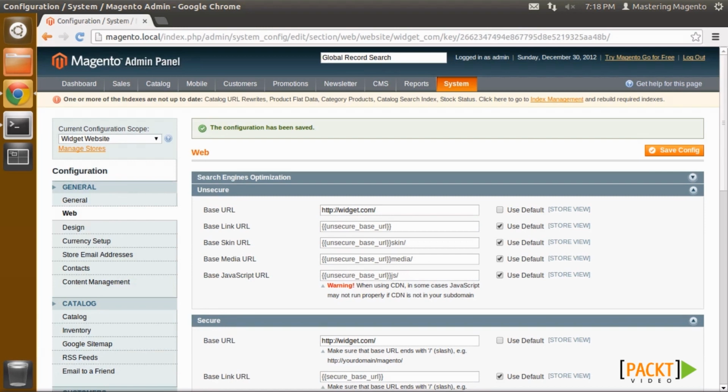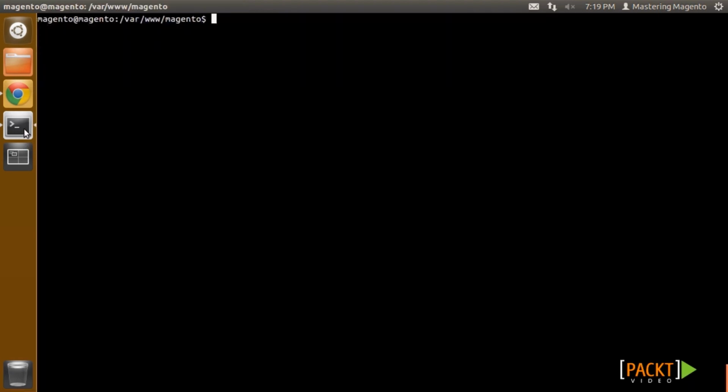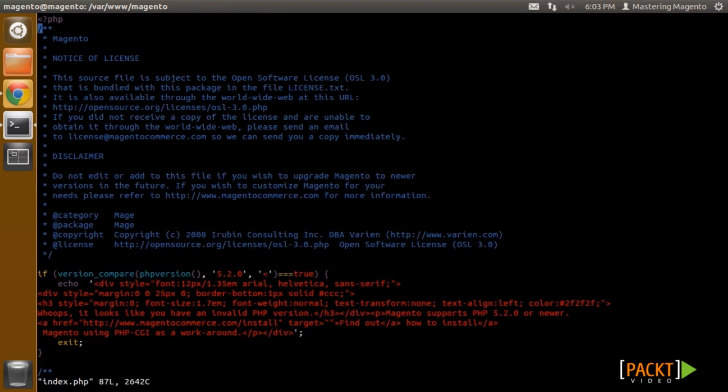At this point, we have our multiple stores set up, but they're still not accessible in a web browser. Before I show you how to set up your web server to route requests to the appropriate store, let's take a look at how Magento's index.php file is handling these requests. If you use your terminal and open up the Magento index.php file, and then scroll all the way down to the bottom,